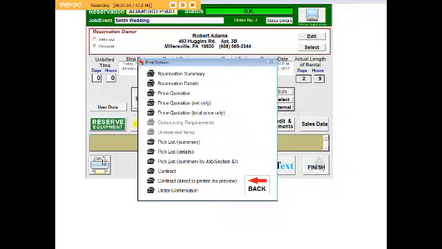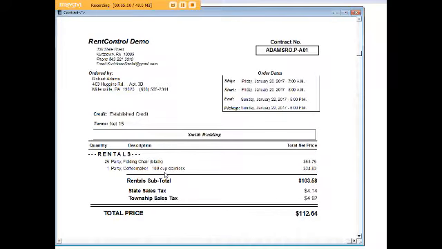The contract is the most commonly needed document. RentControl supports a variety of different formats for contracts. Some variations of the contract permit you to create graphic banners for the top and bottom of the contract. The top banner would typically contain your name and address along with a graphic logo. The bottom banner typically and briefly spells out your rental conditions and often provides a place for the customer to sign. Generally at this point,